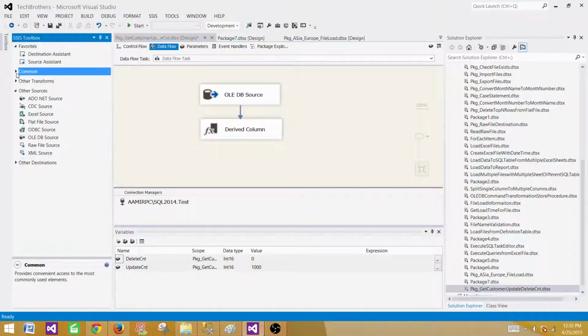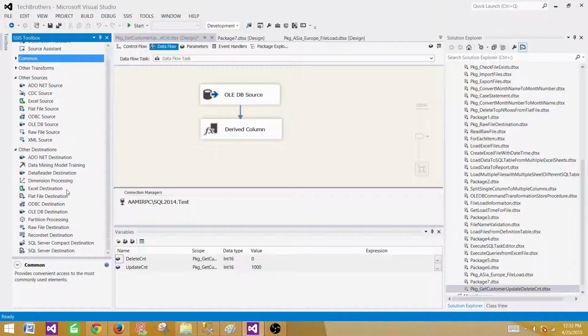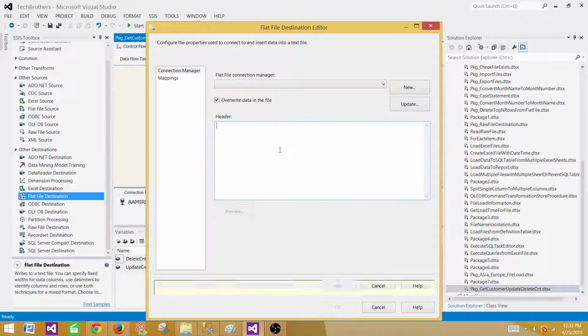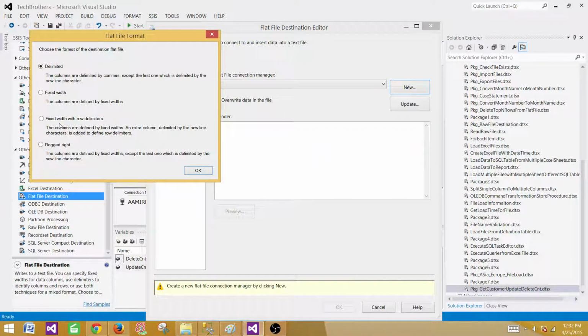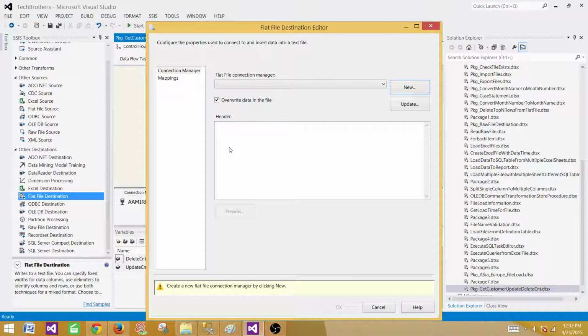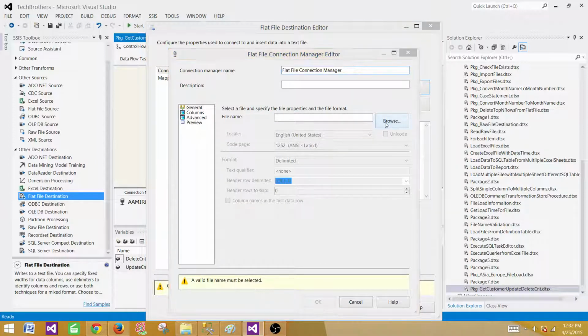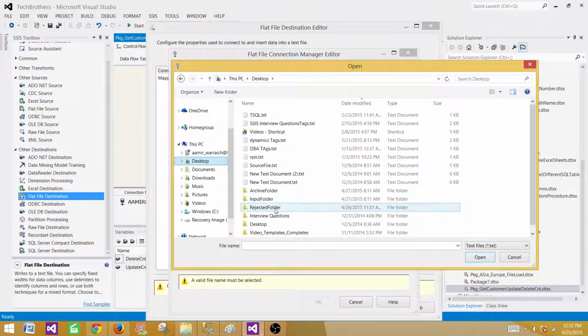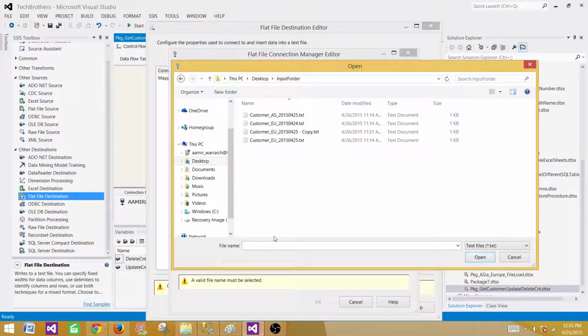We need to write these values to the destination. We will be writing to the flat file destination. There are multiple ways. If we want to create a file with the date time, we can do it by writing an expression on this file. Let's make a connection first, and we can call it a delimited file, or fixed, whatever you want to create. Now here, browse to the folder where you want to create that file, and I'm going to call this one, let's say, the input folder, and I will say